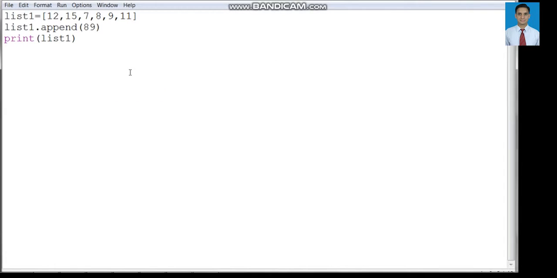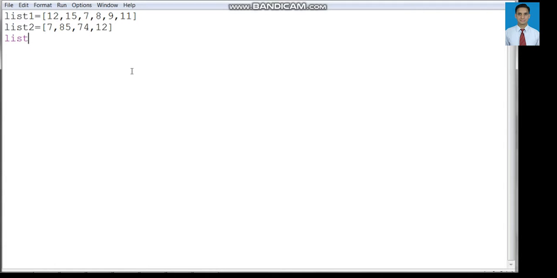So let us begin with another method, extend. The list.extend method is used to append the list passed in the form of an argument at the end of the list with which the function is called. For example, we have already created list 1, which has 6 elements. Let's create another list, list 2, with elements 7, 85, 74, 12. Then we will call the method extend.